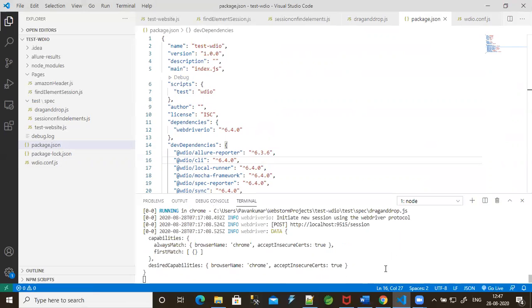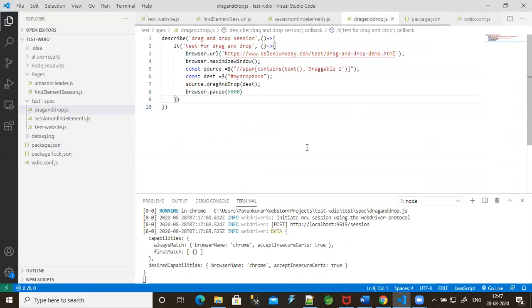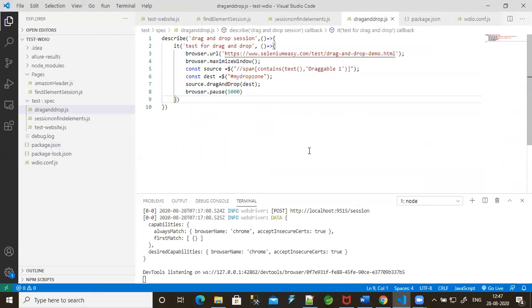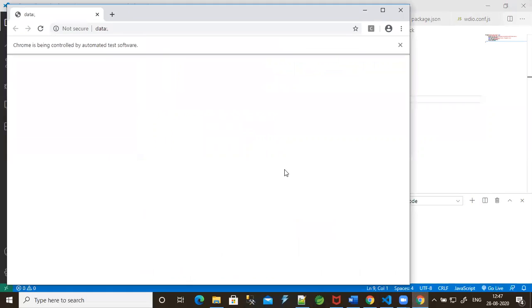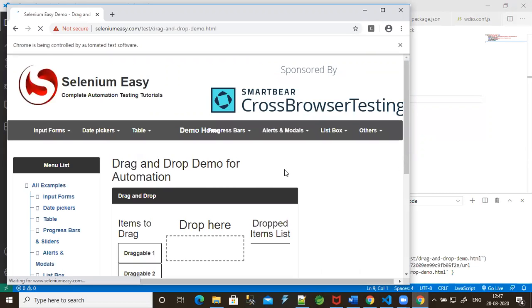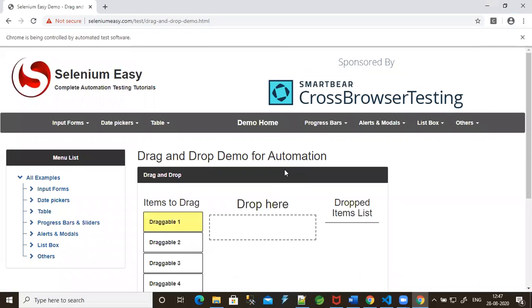These are the capabilities as opened. Listening to the Selenium server. Launch the Chrome. Waiting for the URL to be entered. URL has been entered, and the window is being maximized. Well, it maximized.